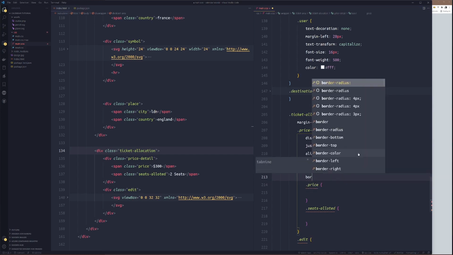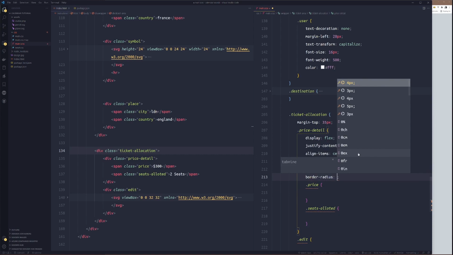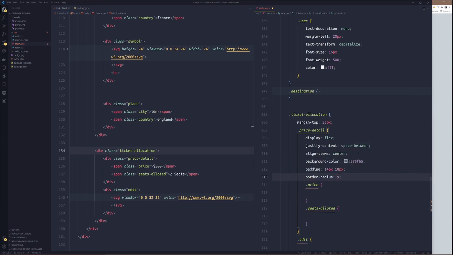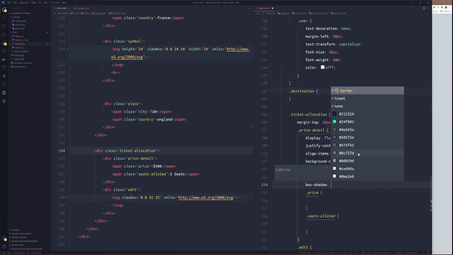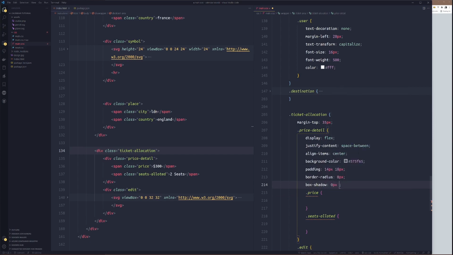Then we'll set border radius to 8 pixels. Then for the box shadow, zero pixel, 1 pixel, 8 pixel, 5 pixel, RGB.